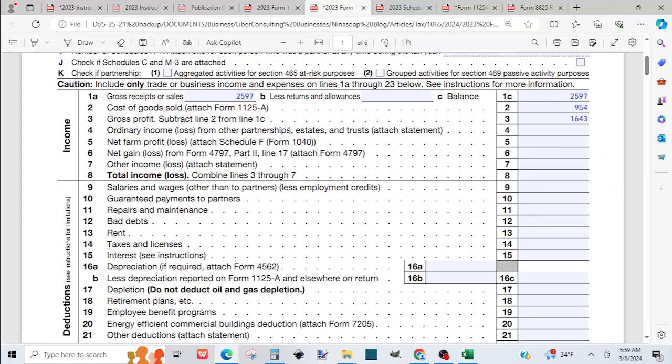So we are going to leave line 4, ordinary income loss from partnership, alone. Net farm profits, it's not applicable to us. Net gain from Form 4797, you can read it to see which portion should go on line 6 here. Sometimes when you claim early depreciation or special depreciation or